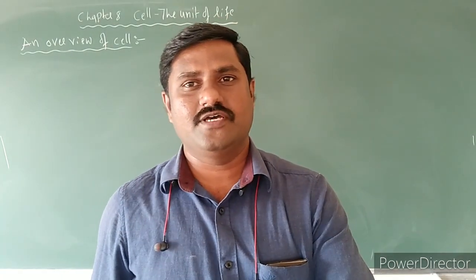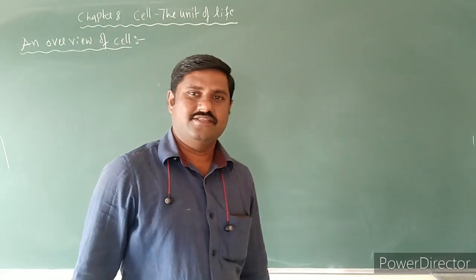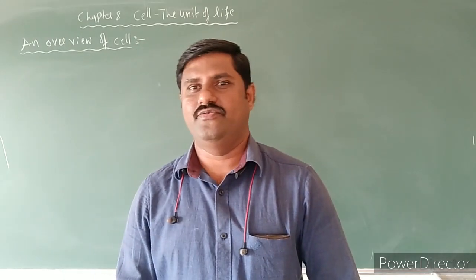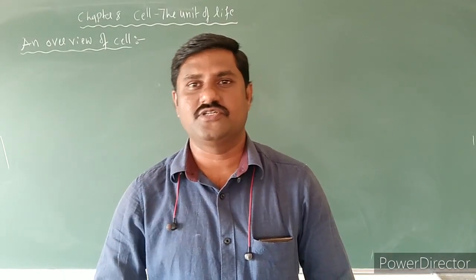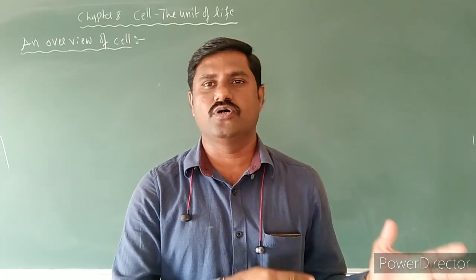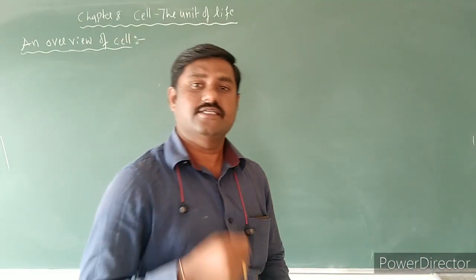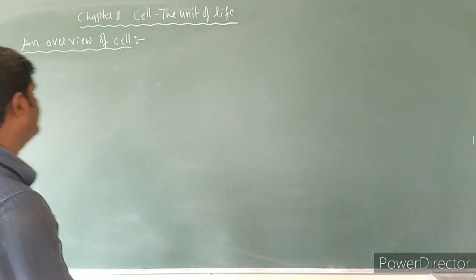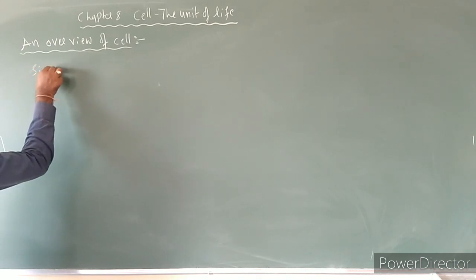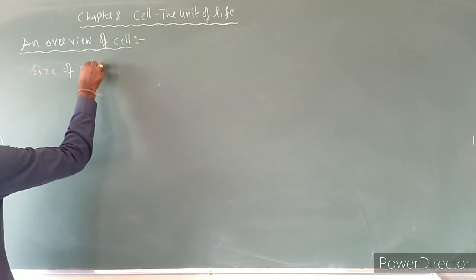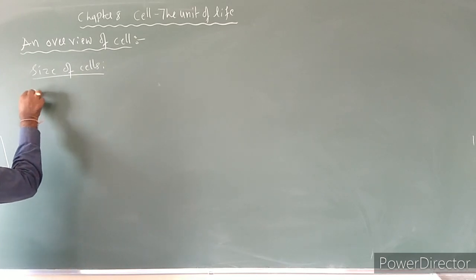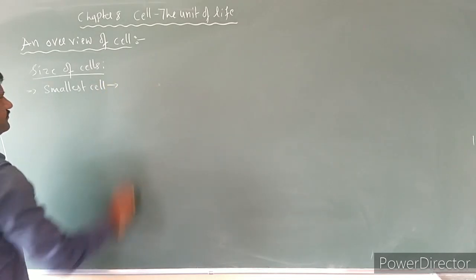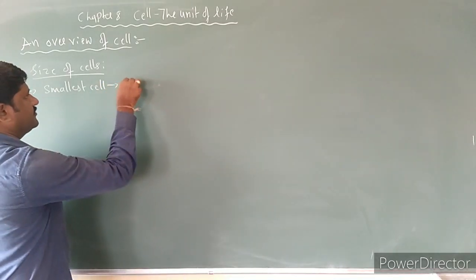Now, whenever we go through the shape and size of the cells, there are varieties of shapes of the cells that we come across, and various sized cells that we come across in the body of both animal as well as plant cells, right? So let us see the size of the cells as well as shapes of the cells now. Size of cells. See here, one of the smallest cells is